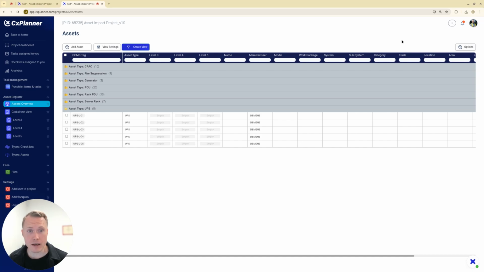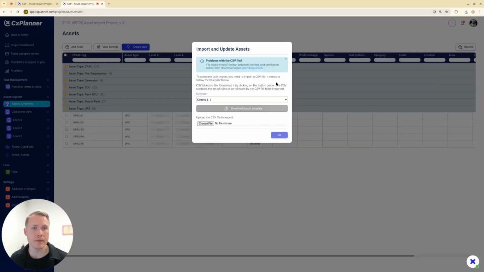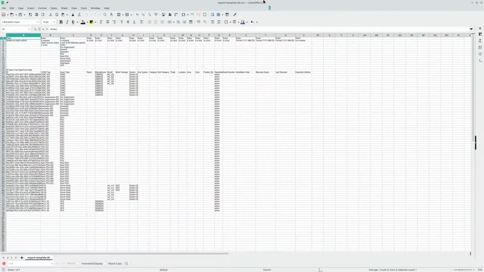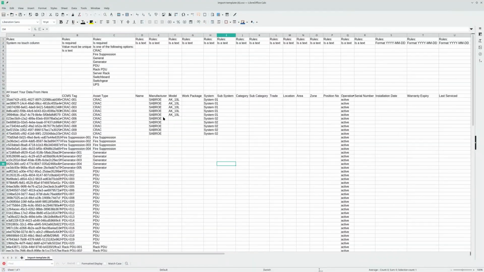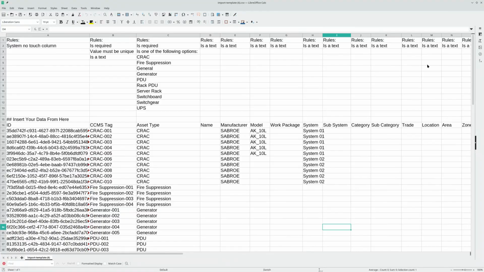The last thing for now here, that will be to show you how to update data into the platform here. To do that, we're going to hit the options, then bulk update. With this one here, we need to download the blueprint or the template here, because this will include all of the current data that's actually inside the platform. So as you see here, I'm going to zoom a little in. We have all of the same columns,